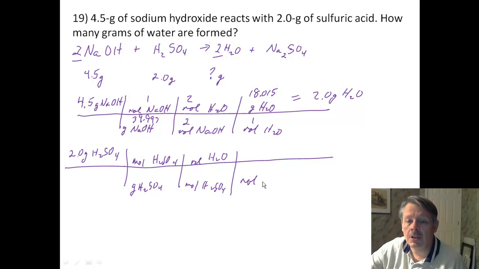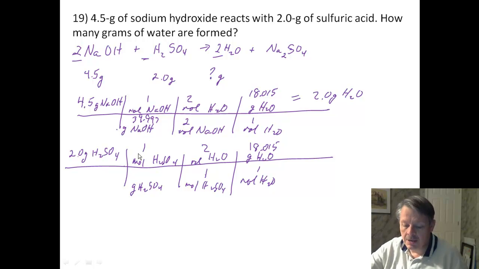Now it's going to look exactly like what we have above us here, because we're still going to grams of water. We have to be consistent. So that's 18.015 grams of water in 1 mole, and water has a 2 in front of it, and sulfuric acid only has a 1 in front of it. It's an implied 1, and 1 mole of sulfuric acid is 98.078 grams, and we do the math here, and we come up with